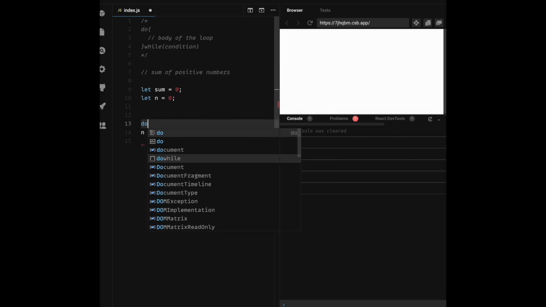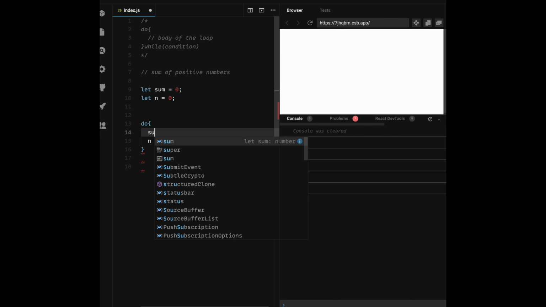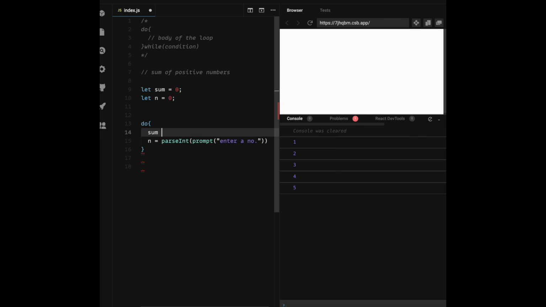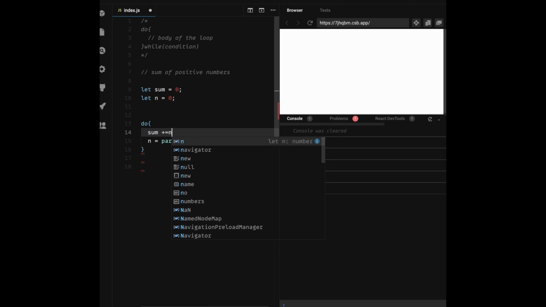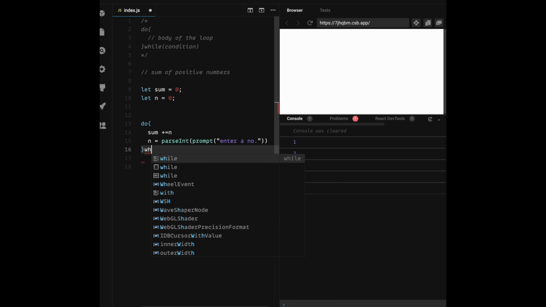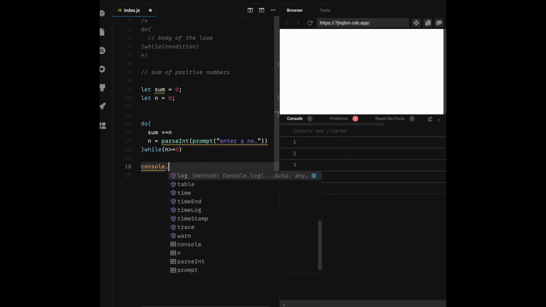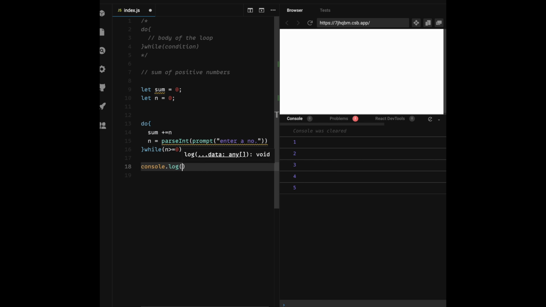So we will have our do, inside this we will have our statement. So sum equals sum plus n, our number, and here we will check n is greater than or equal to 0, and then console.log the sum is